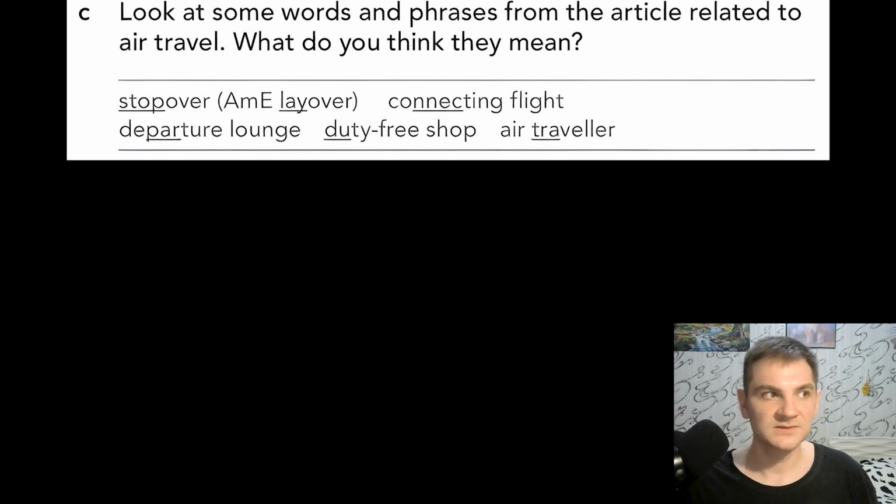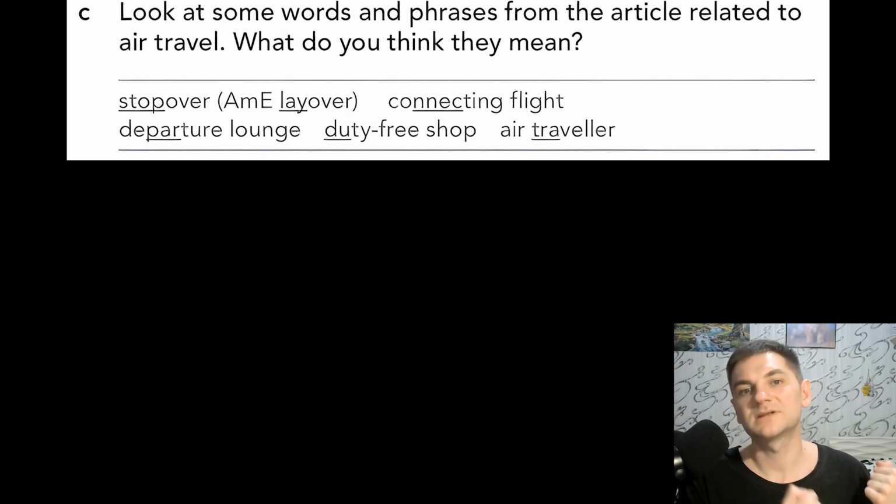So you can do this task in different ways. You can try to explain these words in English, or you can just try to remember the translation of these phrases. Or you can check it on Google, for example. After you complete this task, I will explain these words for you. Everything as usually. So let's do it.